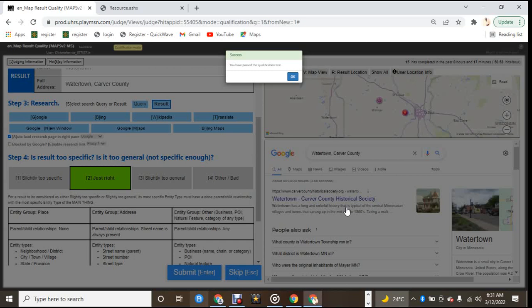If they are asking for business, we don't really have much of a business query here, so it may also disturb you in your own qualification. For business, we have the categories, the chains and the business name. If the query states a chain, any business along that chain is just right. If it is, let's say, a house to rent or anything that concerns house property, either renting or for sale, and the result returns,